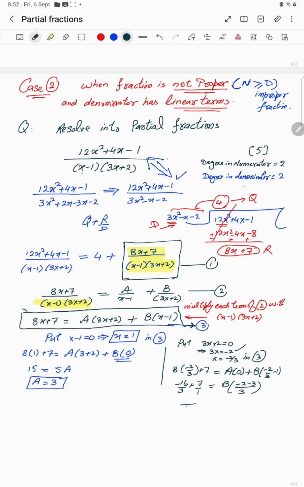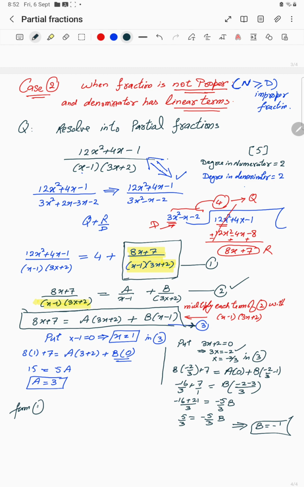Take the LCM, 3 becomes LCM, minus 16 plus 21 equal to minus 5 by 3 times B. So it will be 5 by 3 is equal to minus 5 by 3B. That implies B will be minus 1. I hope it's clear. It's a basic calculation. Now, as we have calculated the value of A and B, put it into, so you can see